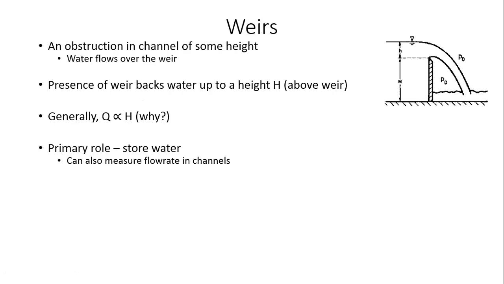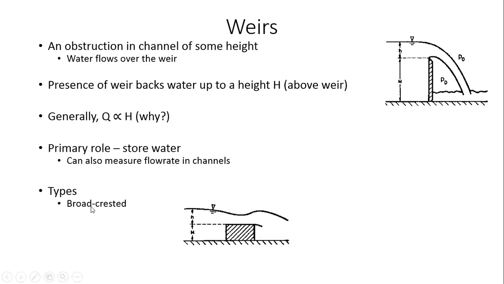Okay. So now we're going to look at a few different types of weirs, right? One example is what is called a broad crested weir, right? So this figure that you see over here is an example of a broad crested weir. This obstruction in the flow of water has a broad crest. Crest means the top, right? So this is the obstruction. That obstruction has a top surface which is very broad, okay, compared to this one over here. We'll talk about this also, right?